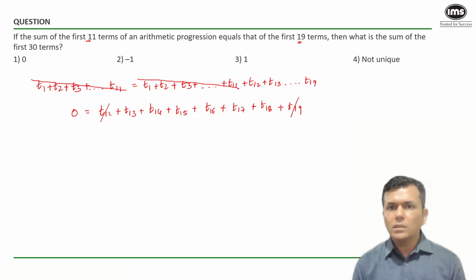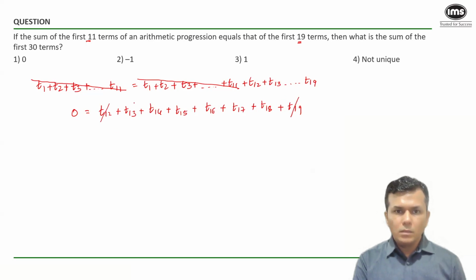The first term cancels the last term. Similarly, the second term will cancel the second last term. Third term will cancel the third last term. Fourth term will cancel the fourth last term. Which means that all the terms